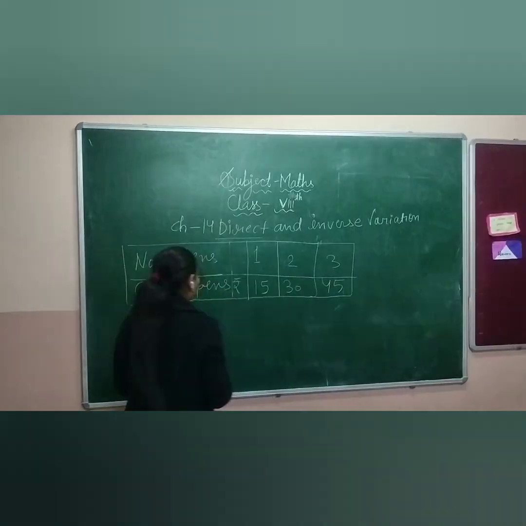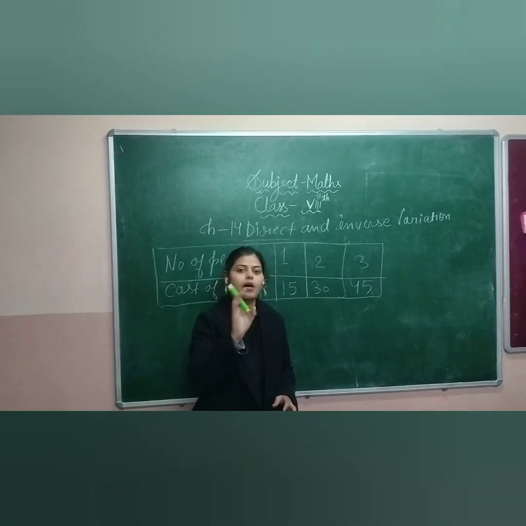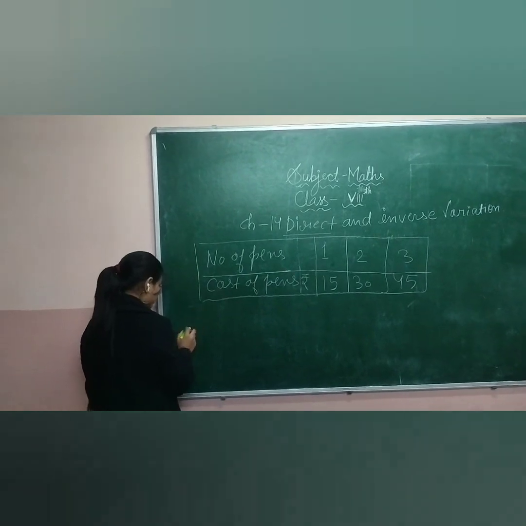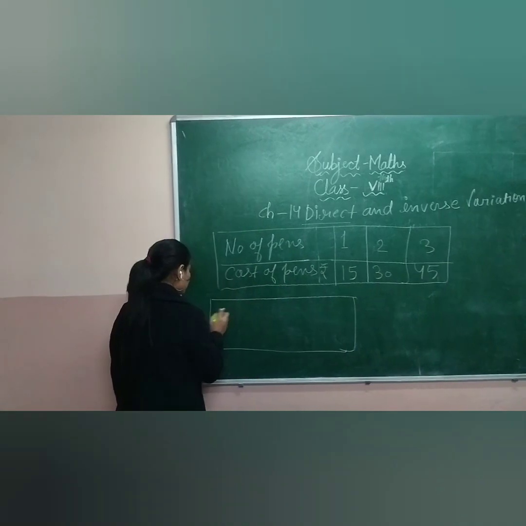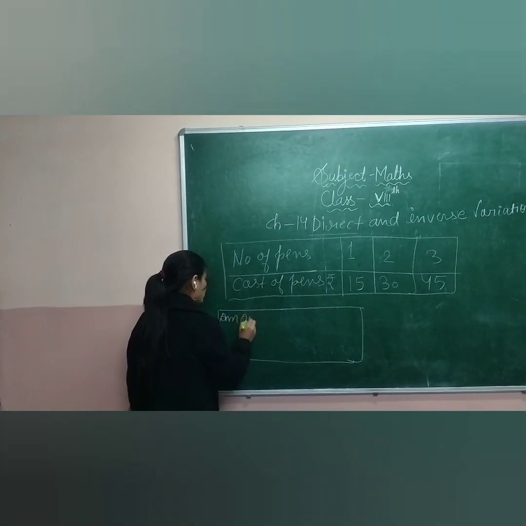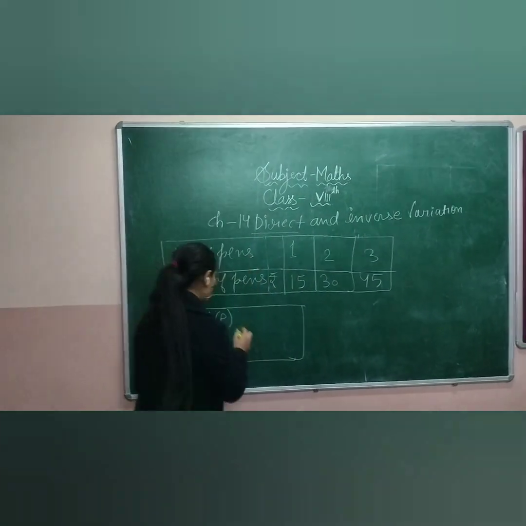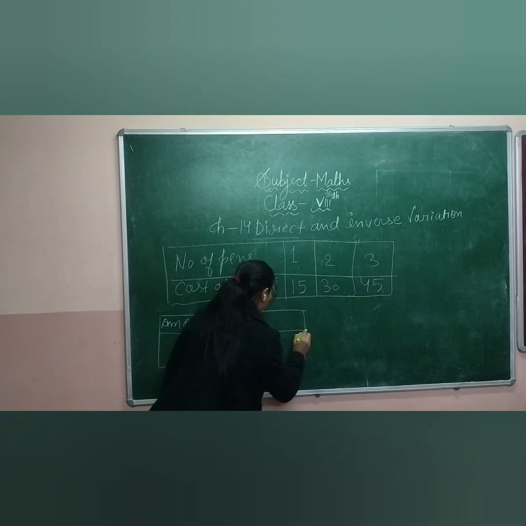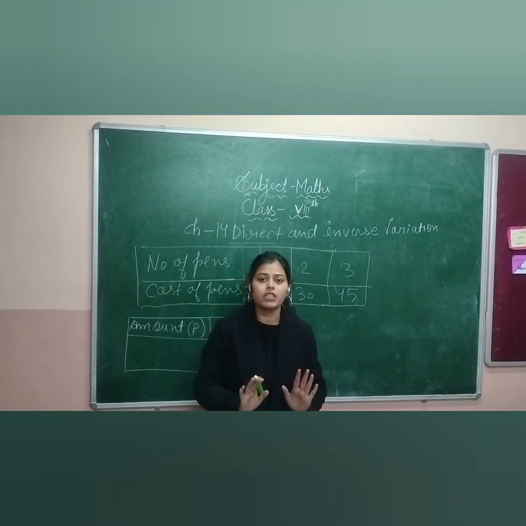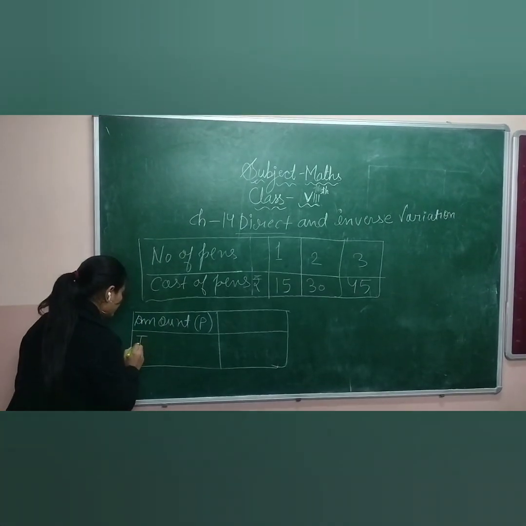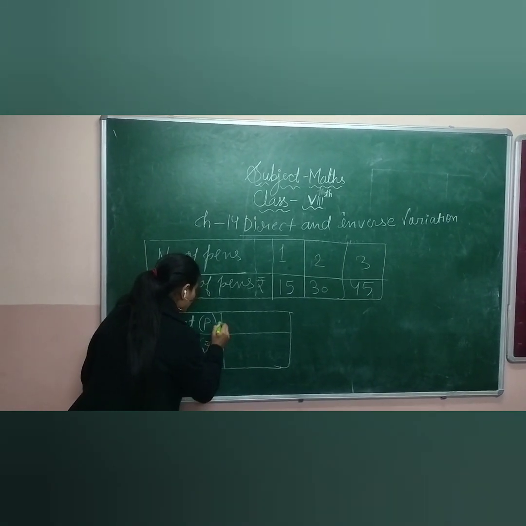Now let's take another example. Suppose you have deposited an amount in a bank. Now I am taking the amount that you are depositing in the bank, and that is also known as what? P. We have already learned this in our last chapter, right? The further thing is the amount, that is P, and you will get what? Interest on depositing the money, right? So here I am taking interest. That is also in rupees, right?